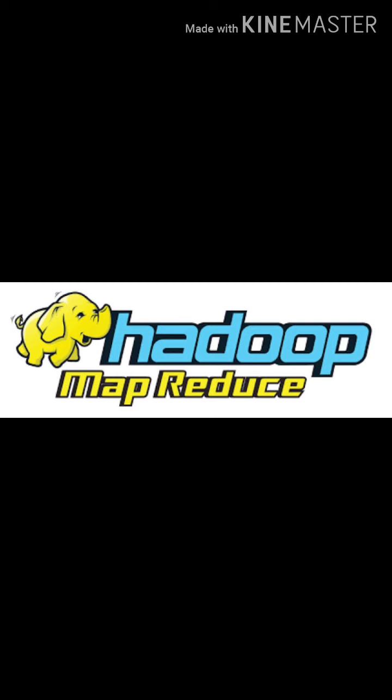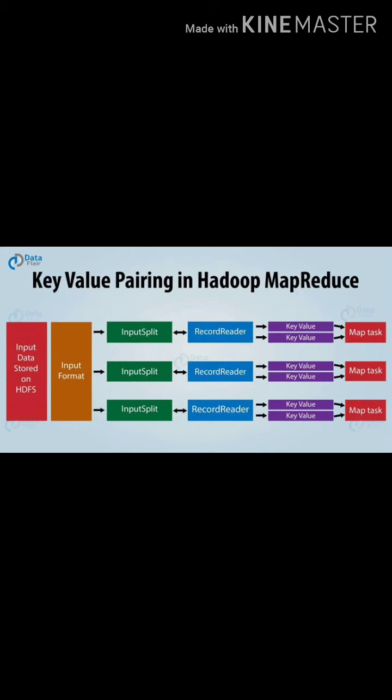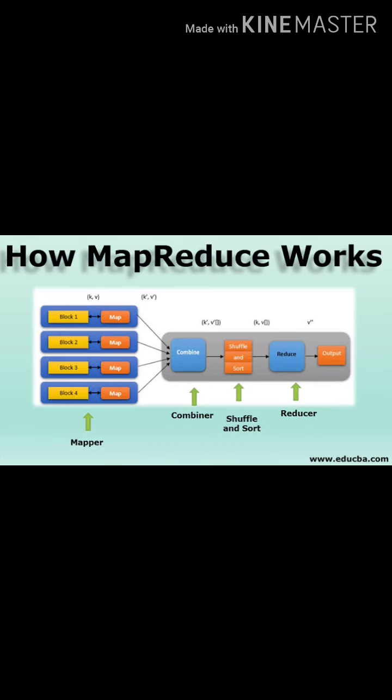As you all know, Hadoop is capable of running MapReduce programs written in various languages, like Ruby and C++. It's also useful in parallel computing, where it's parallel in nature, and for performing large-scale data analysis using multiple machines in the cluster. The main input to each phase is a key value pair. In addition, every programmer or analyst needs to specify two functions called the map function and the reduce function.